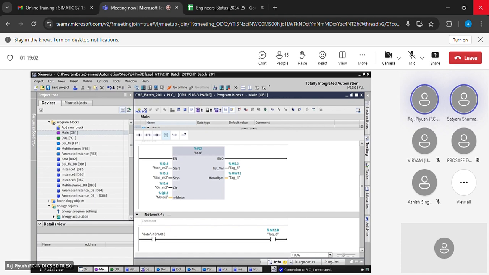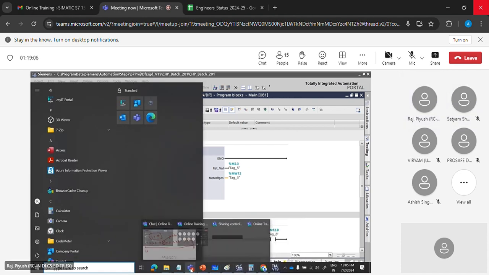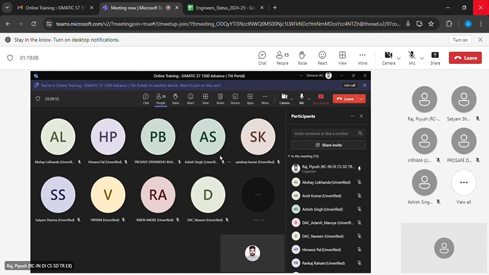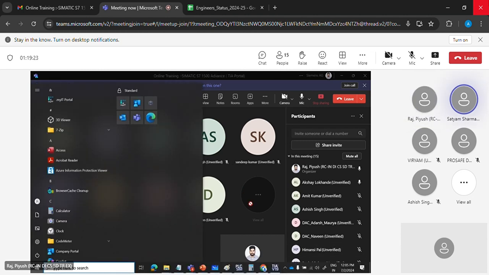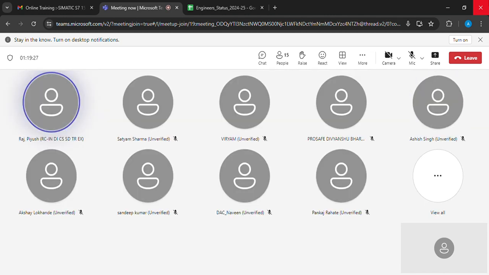ओके। थैंक यू सर। यस, वेलकम। समझ में आया? FC, DB, FB, इन FB सिंगल इंस्टेंस, मल्टी इंस्टेंस, देन वी हैव पैरामीटर इंस्टेंस। ओके, तो एक छोटा सा टास्क कर लेते हैं।